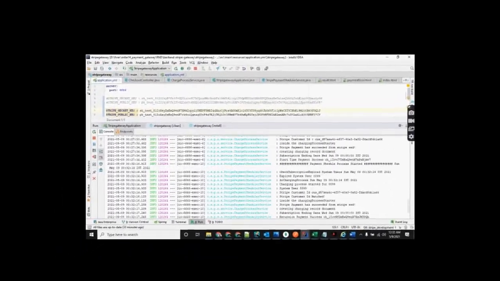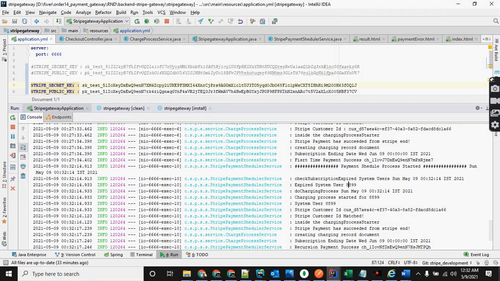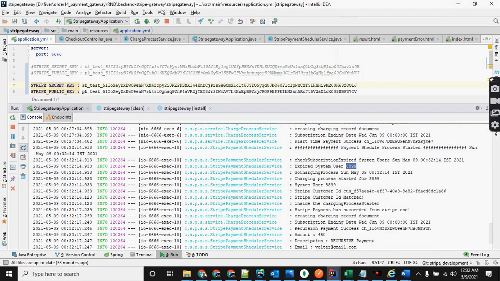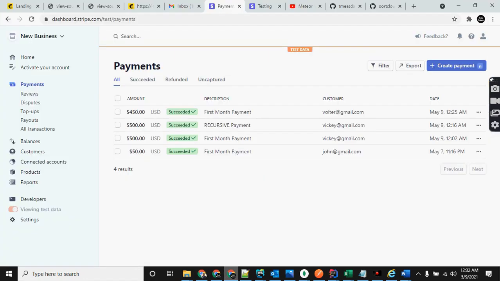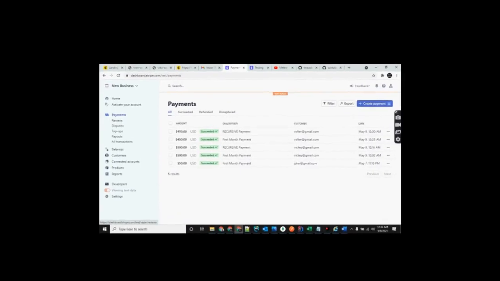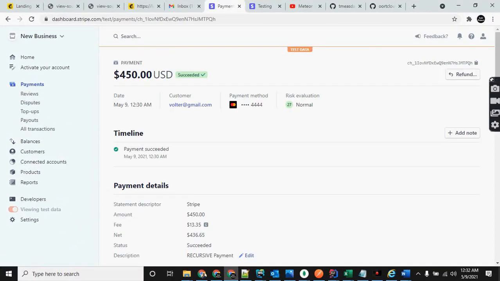In the log section, you can see the payment schedule process has started, and it identified this user as expired, then it automatically charges this amount, right? If you go to the Stripe dashboard, a new payment record should be added. In the payment section, you can see a new record is going to be added, because this customer is going to be charged for the next month, right?